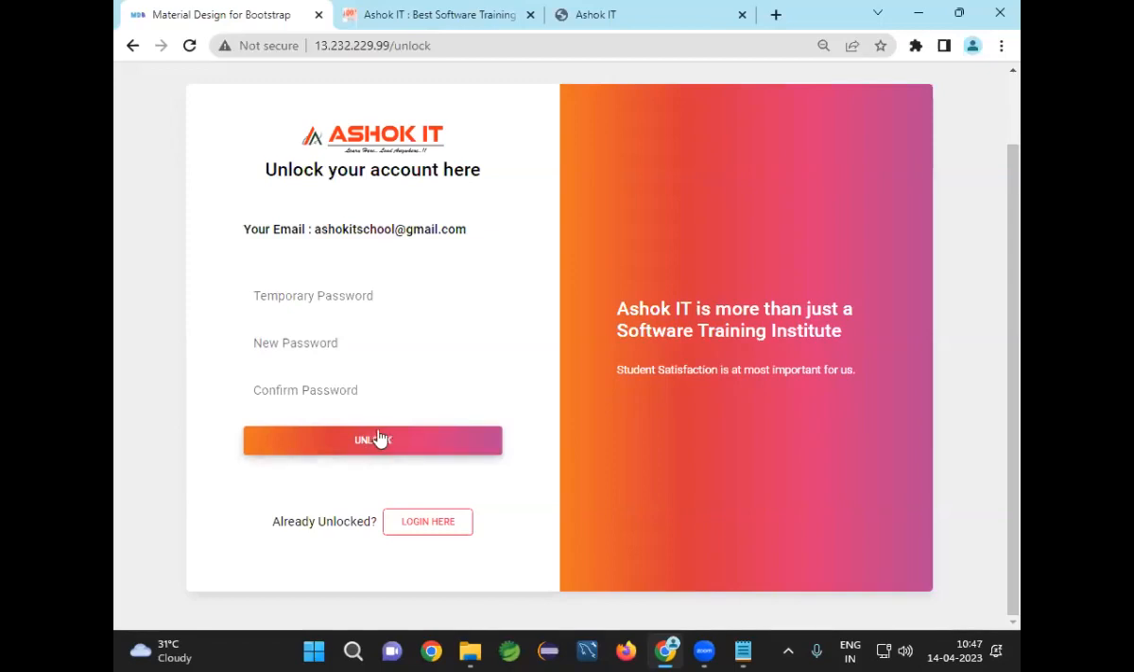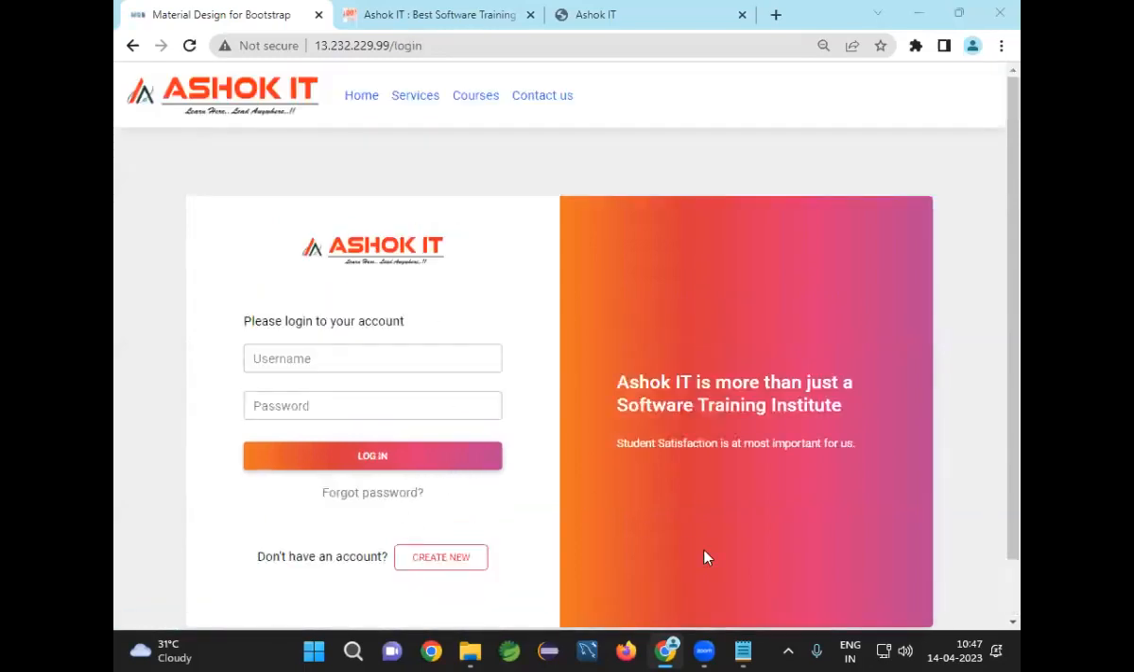Whenever you click on unlock, we will validate whether this temporary password is correct for your mail ID or not. If you have given an incorrect temporary password, a message will come: invalid temporary password. If you give the correct temporary password and click on unlock, then your password will be updated in the table. Your account status will be changed to unlock. Once your account status is changed to unlock, then only you can go to login and enter your